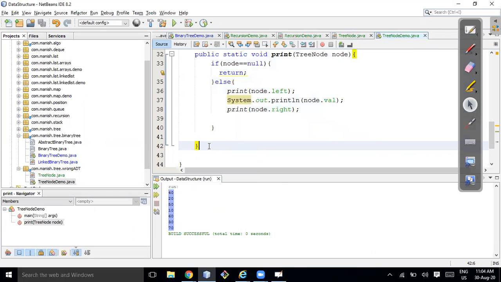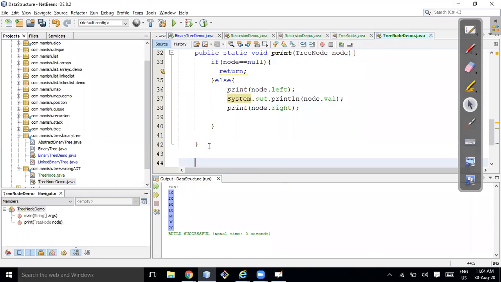Now I'm writing one more function, print2.